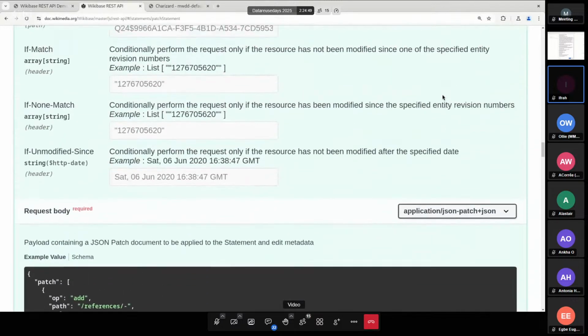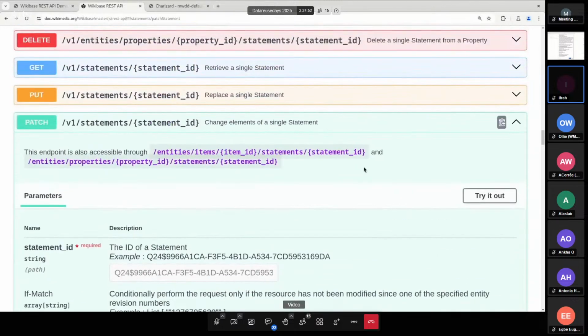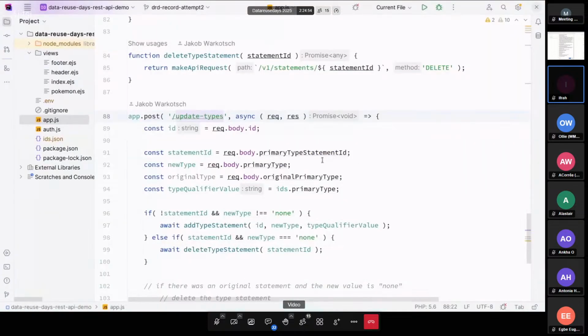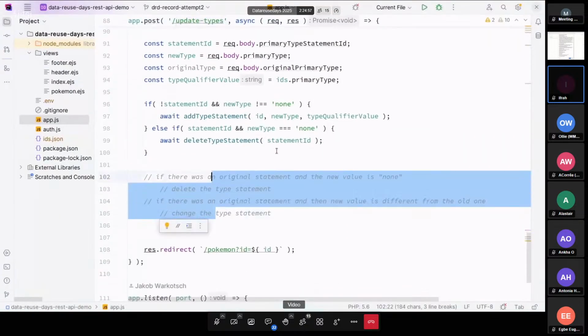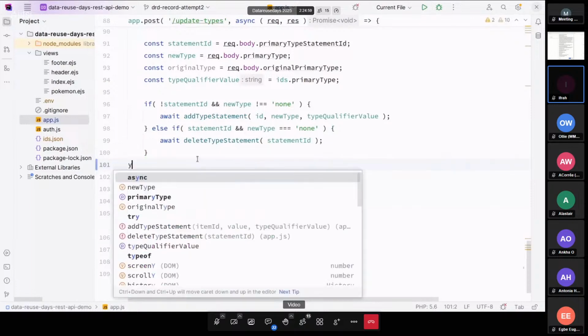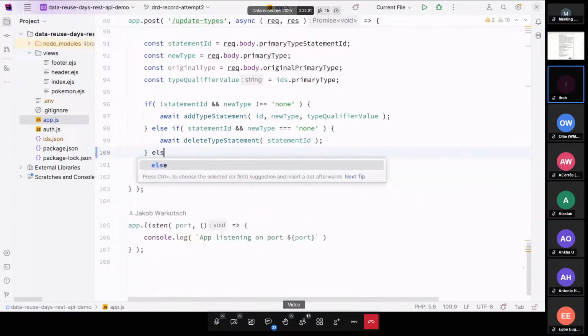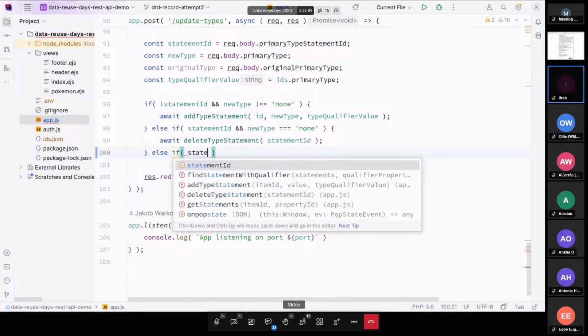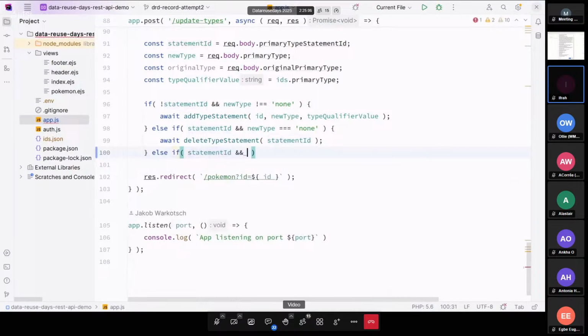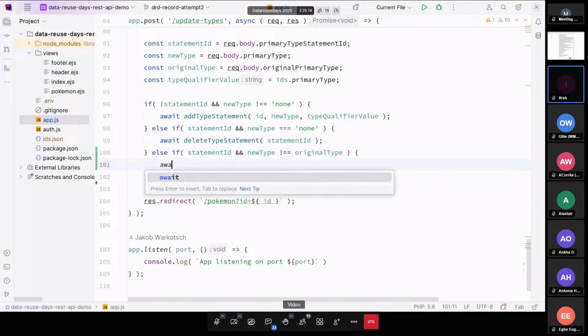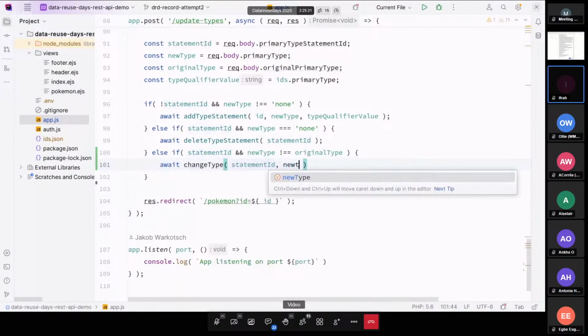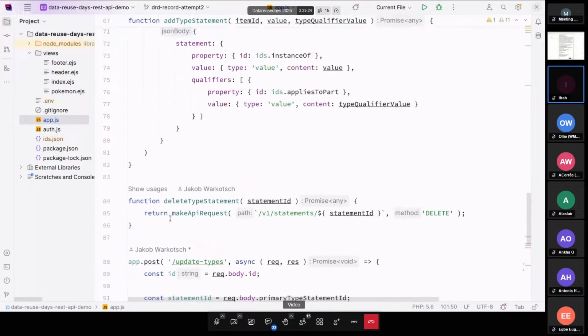So I'll do what I did before. I'll copy the path again, and I'll now cover the last case here where we want to say that else if there is an existing statement ID and the new type is different from the original type, then we want to await change type, which takes the statement ID and it also takes the new type. So let's define our function